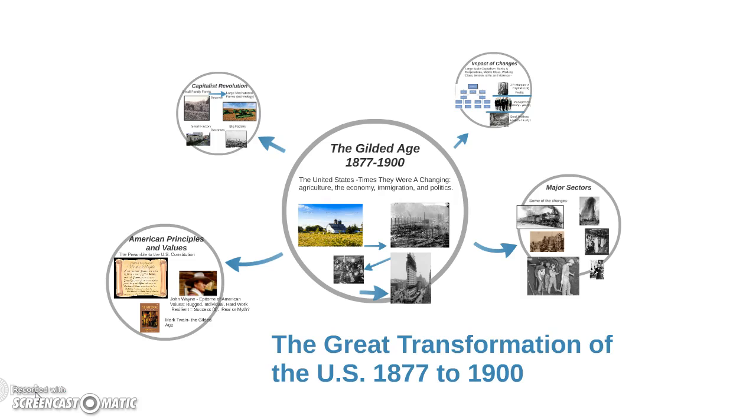And by the way, the capitalist revolution swept not only industry, but it swept agriculture, it swept mining. All areas of our economy were revolutionized in this time period, 1877 to 1900. So we're going to call it the Great Capitalist Revolution, that did in fact produce the Gilded Age. And if you've been wondering about gilded, it simply means covered in gold. So there was this idea, and I'll talk more about it later, that everything was covered in gold. Of course, that wasn't true. That's sort of a myth. But the idea has persisted in time.